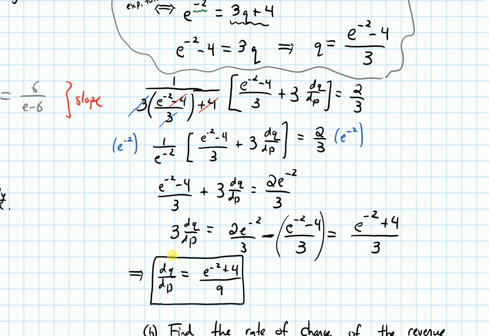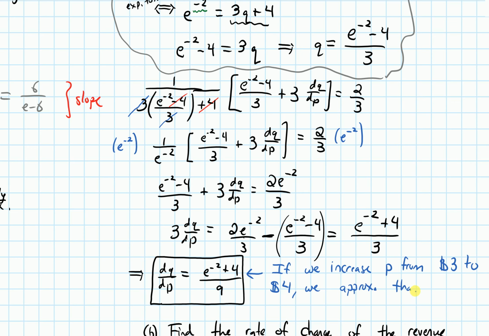This question also said, once we have that, interpret our answer. Remember, these derivatives, when we plug in a point, tell us the approximate change in whatever function we're talking about. In this case, the approximate change in the function q, in demand. So the interpretation is if we increase the value of P by 1 unit from $3 to $4, so that would be increasing P by 1, we approximate